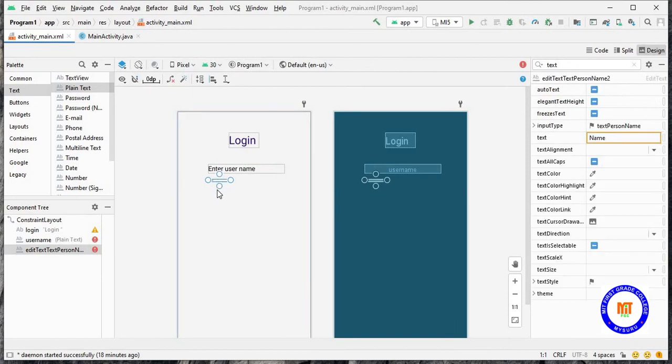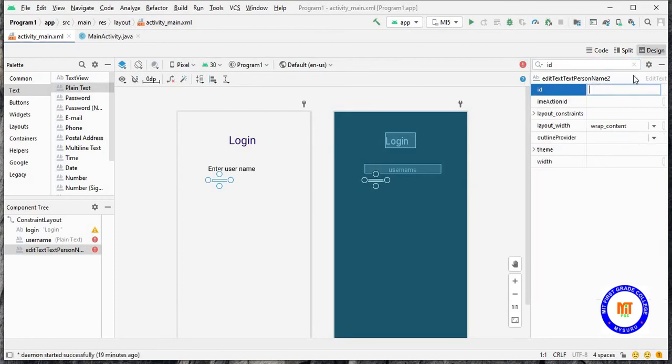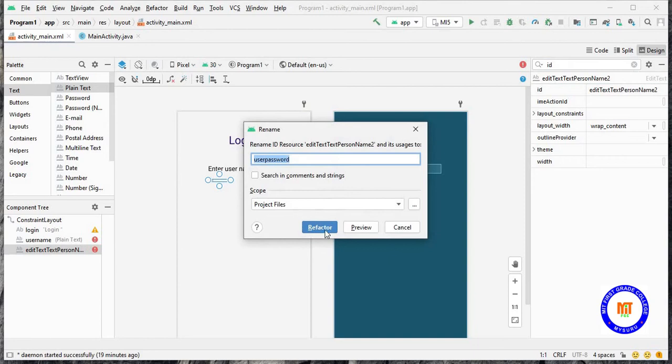Again, same thing I'll be doing for this. I'll be changing the ID. Let it be user password. Then I'll change the text.